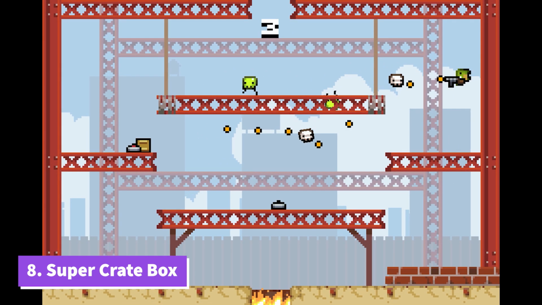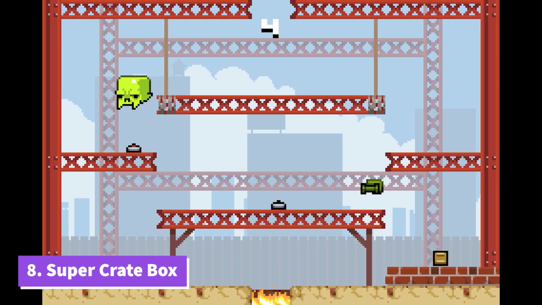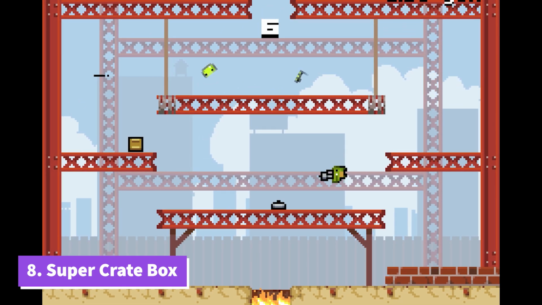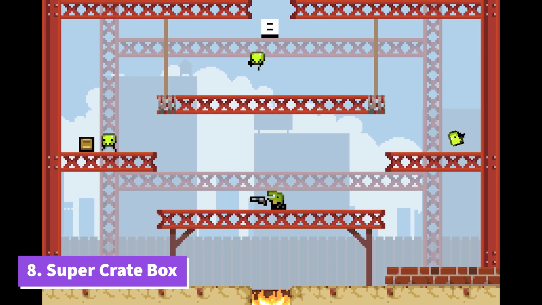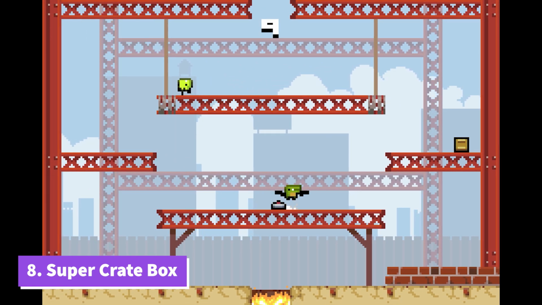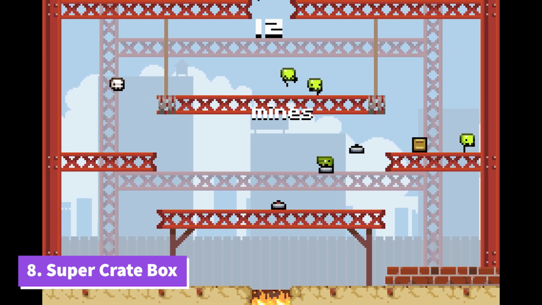In Super Crate Box, the goal is to defeat all the incoming enemies while collecting as many crates as you can. If you don't take out the enemies fast enough, they'll fall into the fire at the bottom, making them aggressive and faster. It's a great challenge to try to beat your score and to unlock new characters and weapons. This game is best experienced in shorter play sessions, but you'll want to play more as you unlock more items to use. For a simple 2D game, Super Crate Box really stands out as a good game to play when